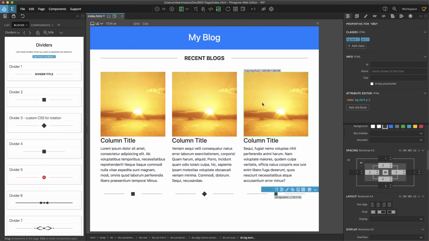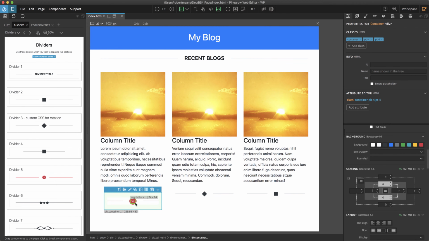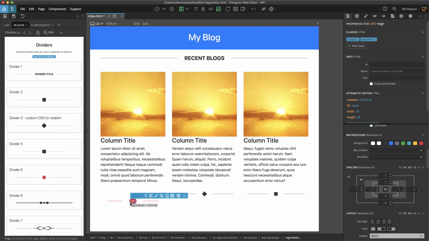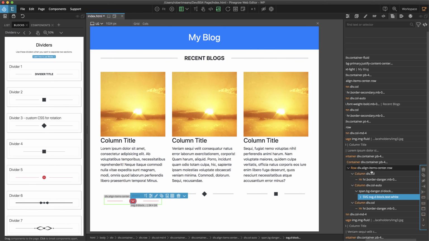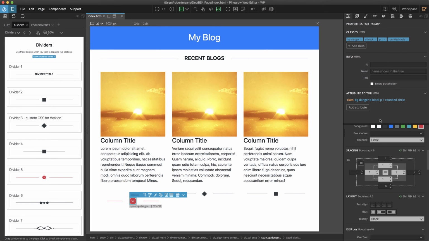So these again are the built-in line dividers that are being used here to separate, but we could also, if we wanted to, change these out for, for example, an icon divider. So we can hit replace it. That'll put this one again in, and again, we're larger than we want to be, so we're just going to go ahead and make sure that we have the SVG block selected on this. So that's going to be this one, or the span that contains the SVG block. So we're going to select that, go back to our properties, and